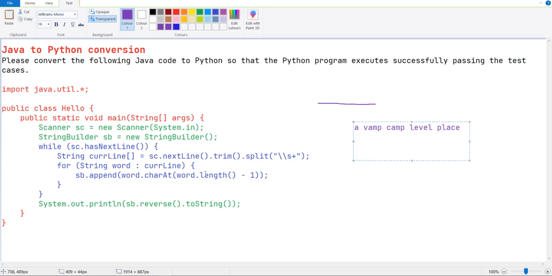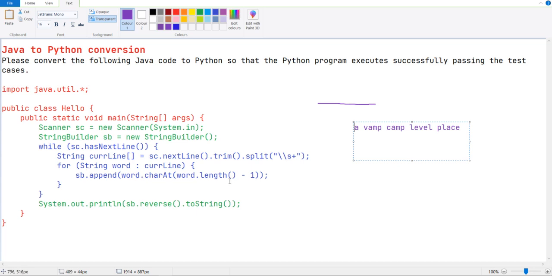While traversing, they are doing some operation on SB, which is nothing but a string builder. Like in Python, just a string variable, SB equal to empty. The reason they have created SB as a string builder is that they need to reverse the values and finally print the value as a string.